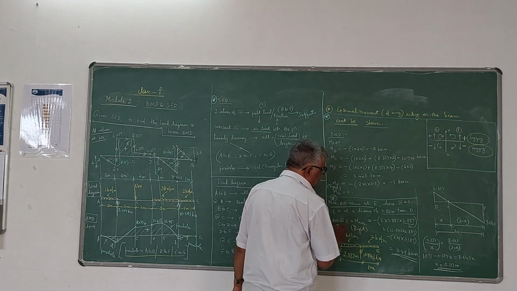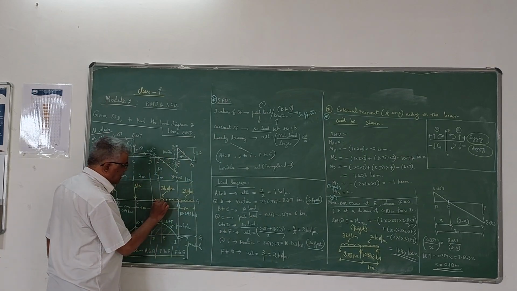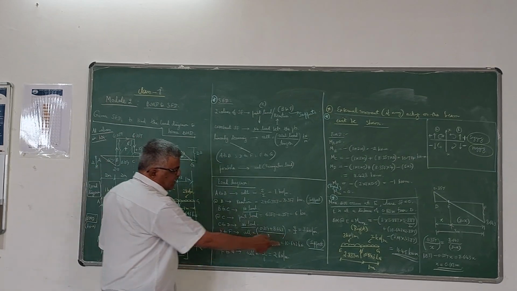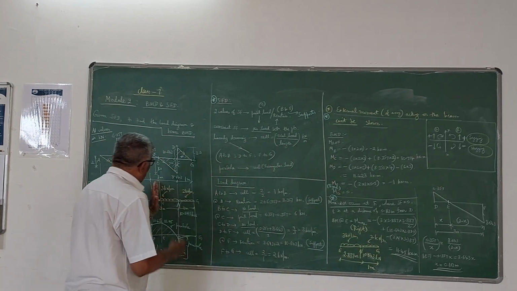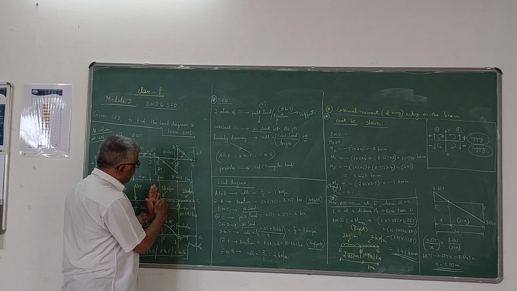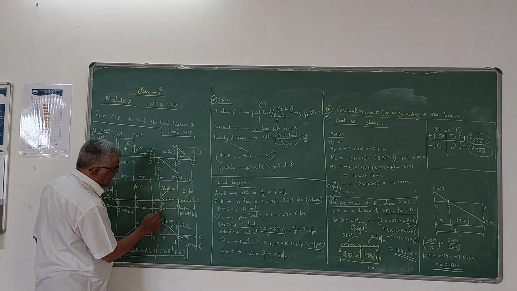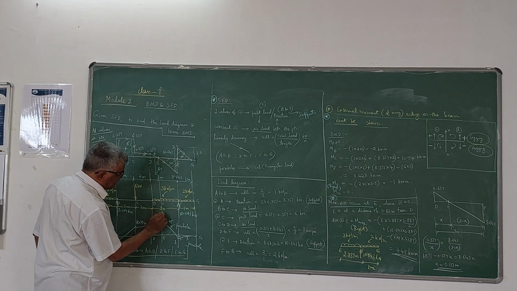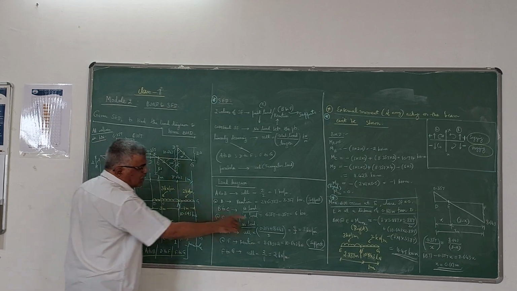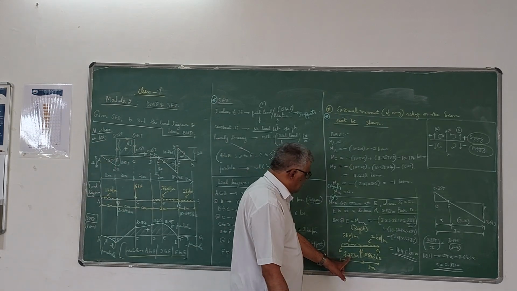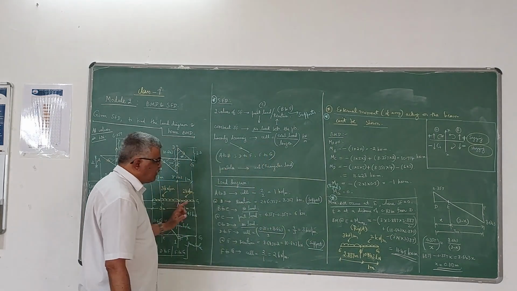Now, to calculate that, I have taken the right side of E and written the diagram here. If you see the right side of E, what are all the things available from this point onwards? You have a UDL of 3 kN per meter over a length of, what is that length? From D to E it is 0.113, and from D to F it is 3. Therefore, the distance from E to F is 3 minus 0.113, which is 2.887 meter, and from F to G